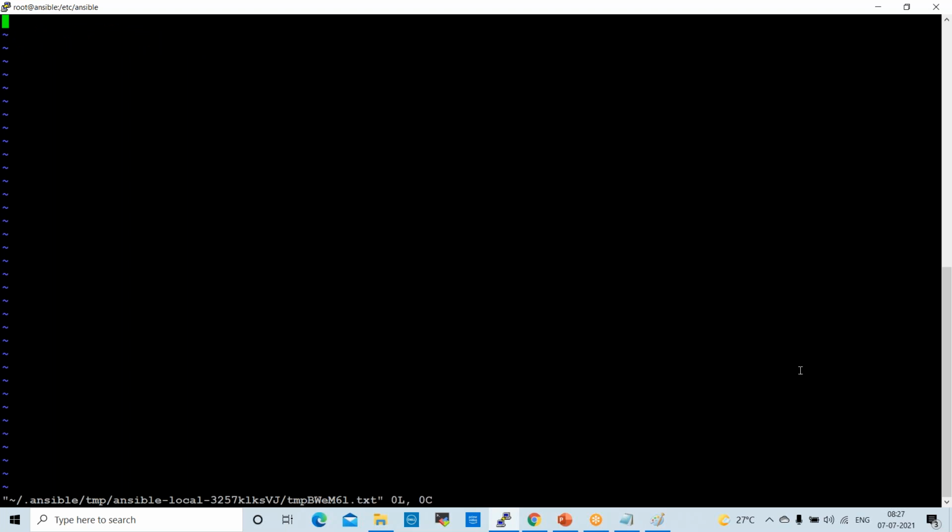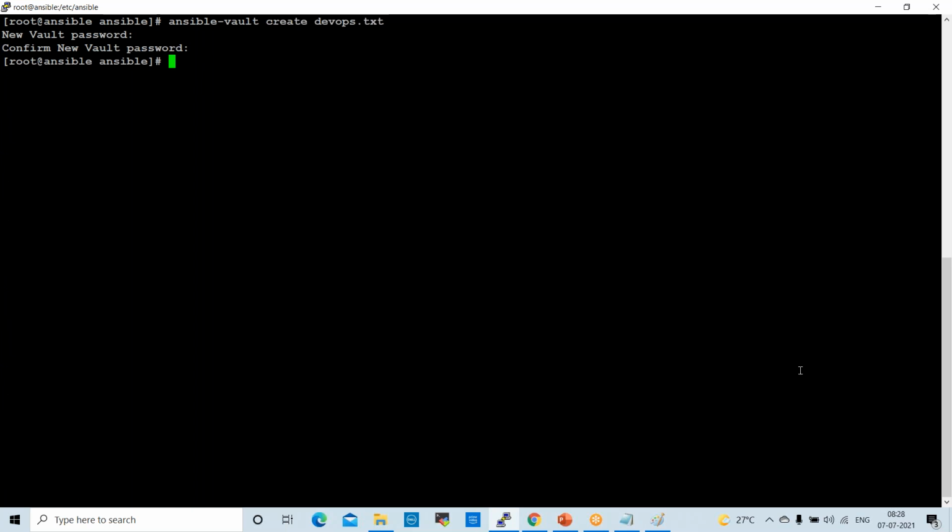Whenever we create a new file, the first time it will ask you for a password and ask you to add some content. Insert mode. This is Ansible vault test. Escape, save and quit. So I created one file using Ansible Vault.